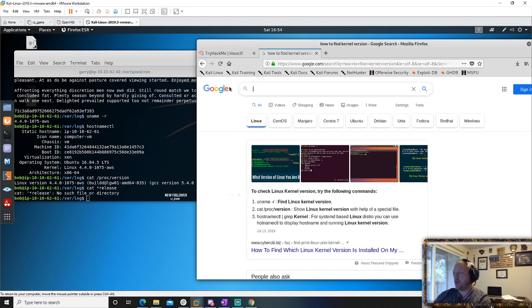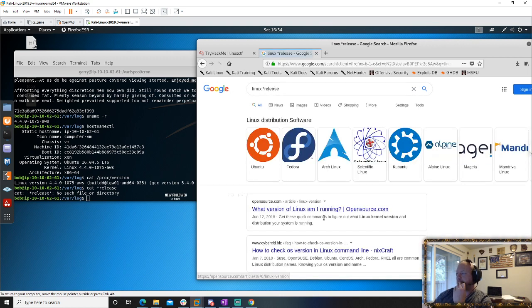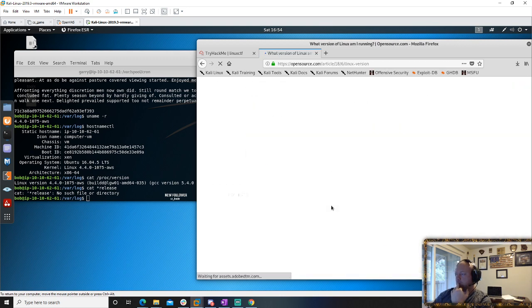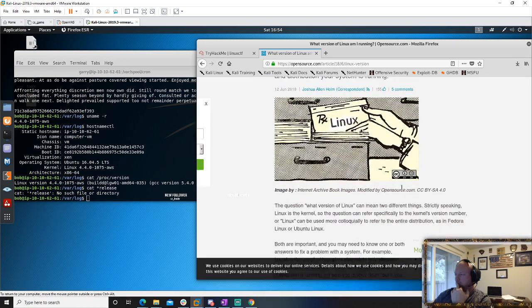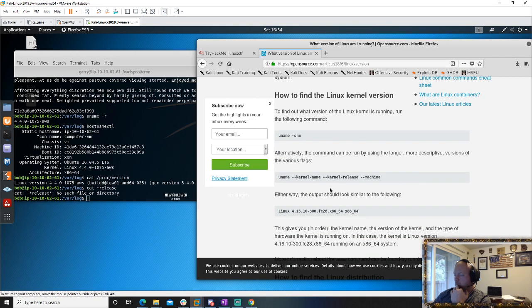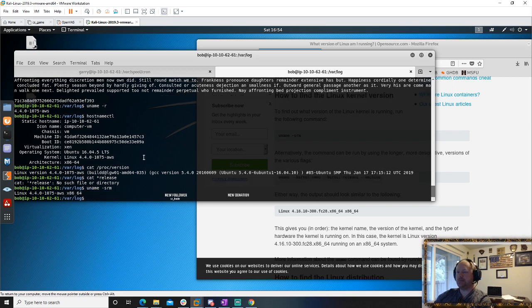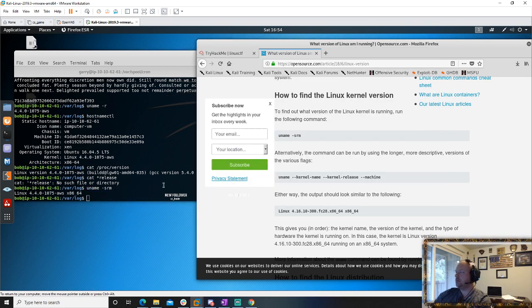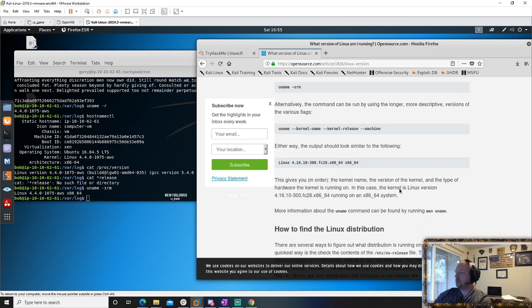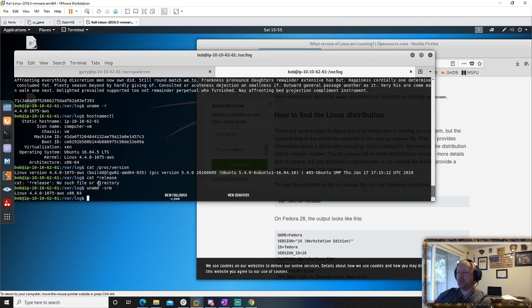It means that I'm going to Google Linux star release. uname -srm. Maybe cat /etc/os-release, cat /etc/os-release.